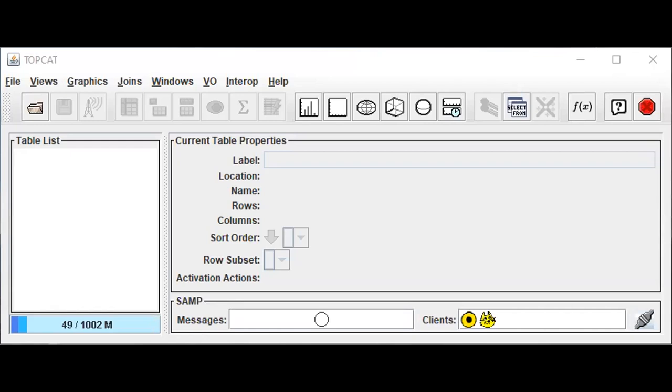Here, the modulus of barycentric Julian date is found with respect to the period, using the same modulus function, which is mod. The modulus of barycentric Julian date is plotted in the horizontal axis, and the radial velocity is plotted in the vertical axis with the help of the graphics menu. From this radial velocity curve, the maximum velocity of the star can be obtained.